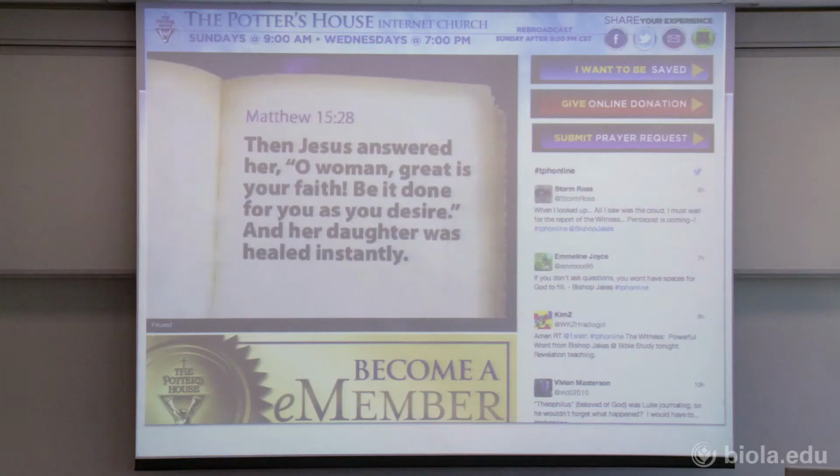So there are people around the world that are waiting for your church to put the content that it has online so that they can connect with it, because they're in an area where they don't have access to the ministry content that we take for granted. That's why we need to put the internet church campuses up, and that's why we need to make our content available online. This right here is the internet church campus that we have at the Potter's House.